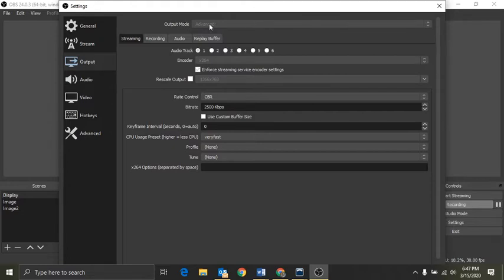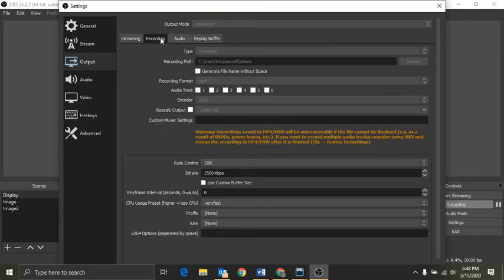If you found that, I can't change it because I'm running it. Please change it to advanced, because unless you're streaming, which is going live through a service like Twitch or YouTube, which requires a lot more knowledge, you need to go to the output mode of advanced and click on the recording feature